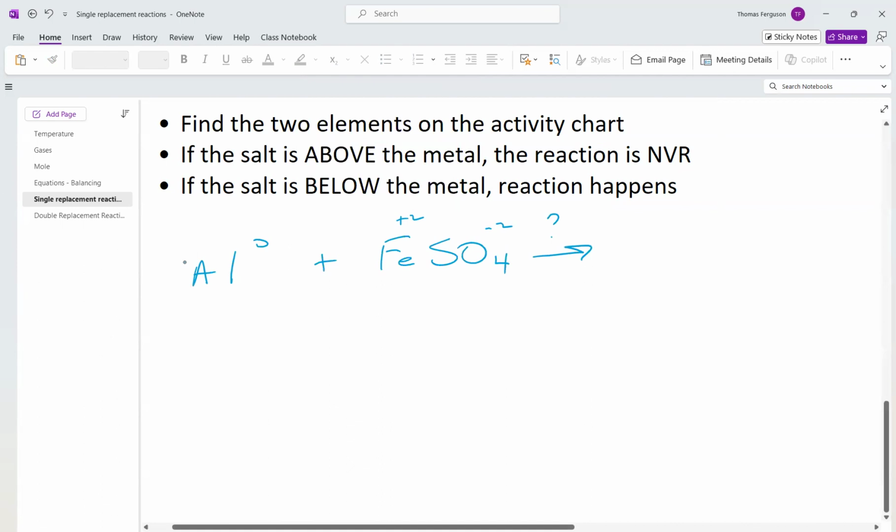So question mark. Will it happen? Well, if it does happen, aluminum